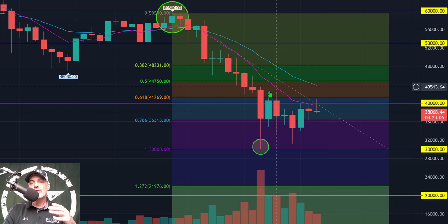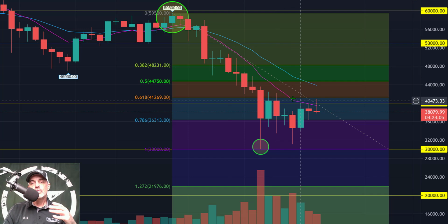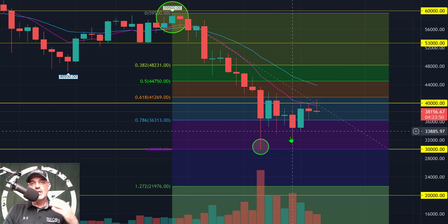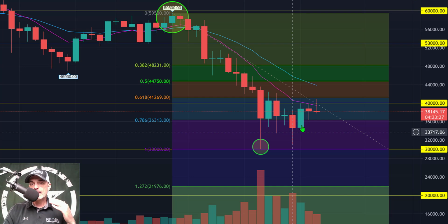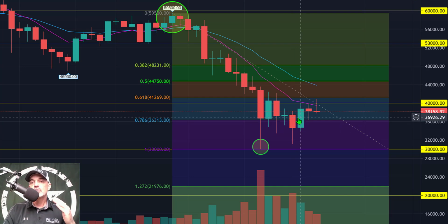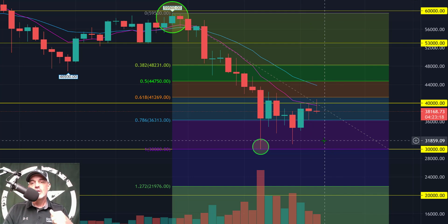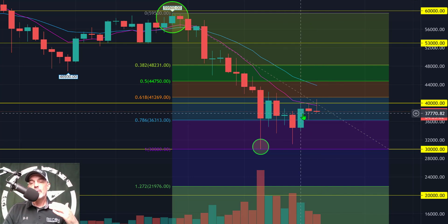As you can see, the moving averages are all trending down. This current price action is very bearish, and in reality, the bears are in control of this market at the moment. Doesn't mean the bulls can't take it back. It's not too late for the bulls to score a knockout and get this price moving back in the right direction. Now, let's take a look at some of our other price targets.